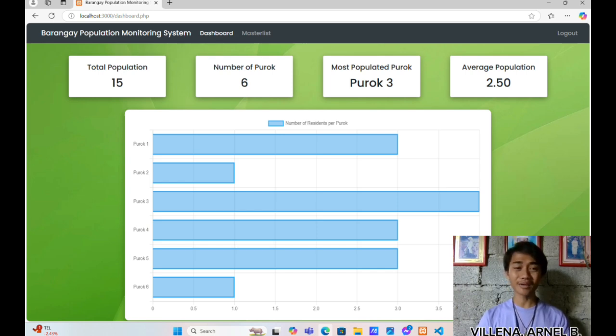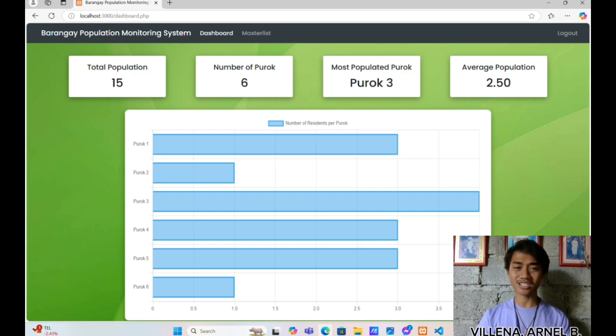At the very top, you'll notice the navigation bar, which provides quick access to other modules of the system, such as the dashboard and the master list. This feature ensures a seamless transition between pages, allowing users to work efficiently without confusion.